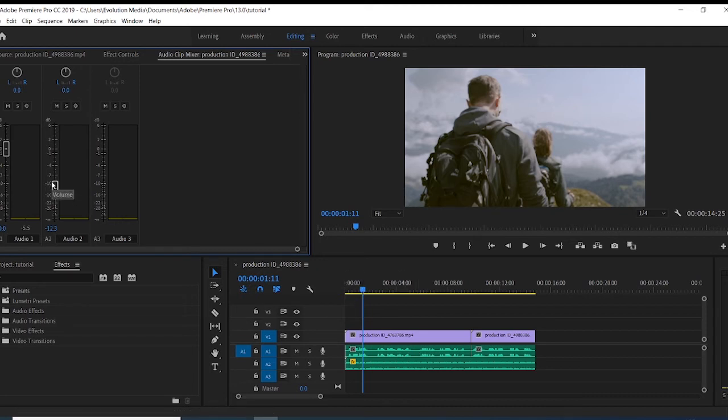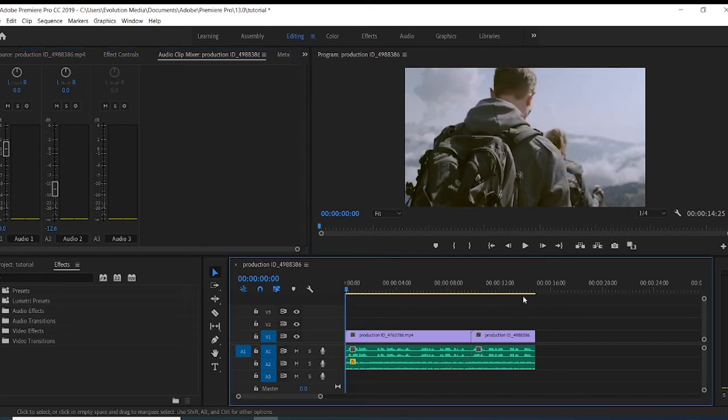So you should drag this one down a little bit. You might leave this on as it is. So if you go back now, you see that the audio 2 would have been reduced. It won't be contesting with the audio 1 again.